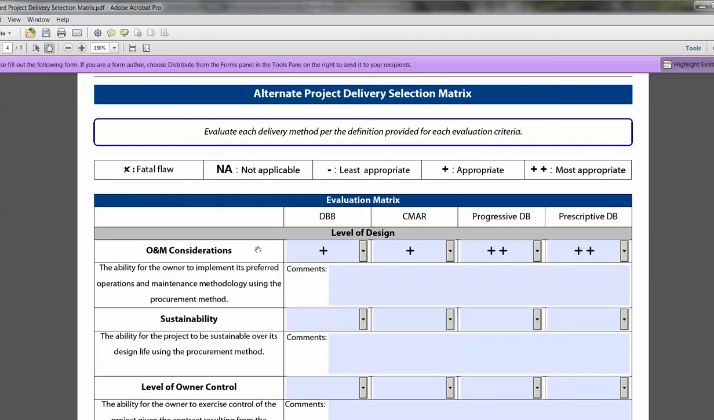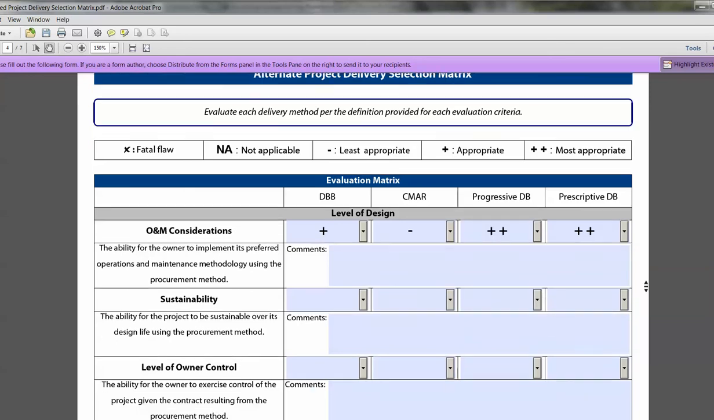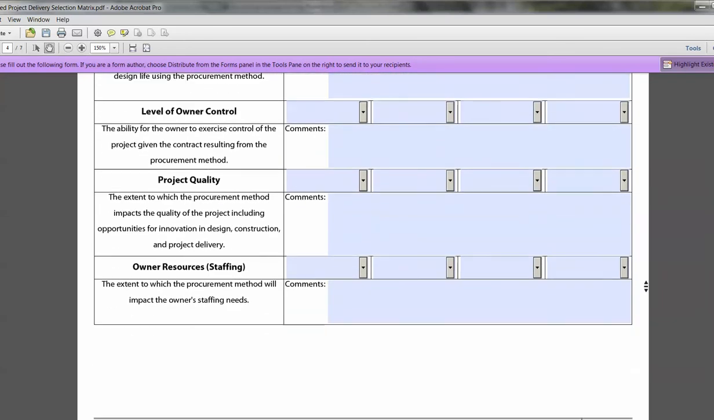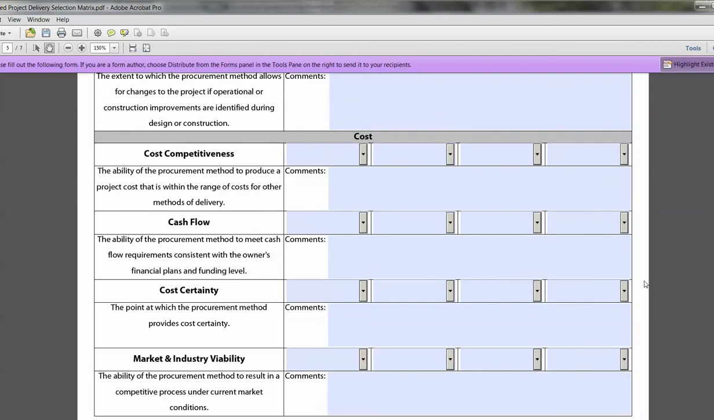On the left-hand side here, we have the criteria that we are evaluating each of these delivery methods against. So for example, here is O&M considerations, and we have a definition below. And then also, if you hover over the criteria, you can see the definition. Here we have a drop-down bar, and you can change it per your project. So once you go through and fill out all of the drop-down bars for all of the criteria,